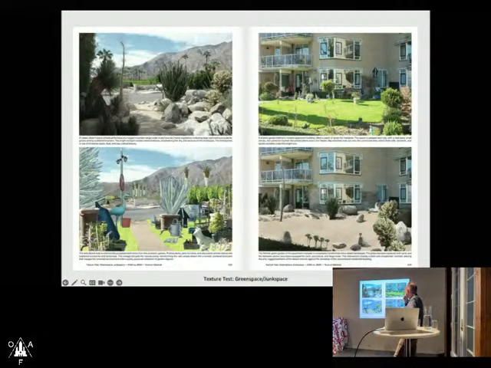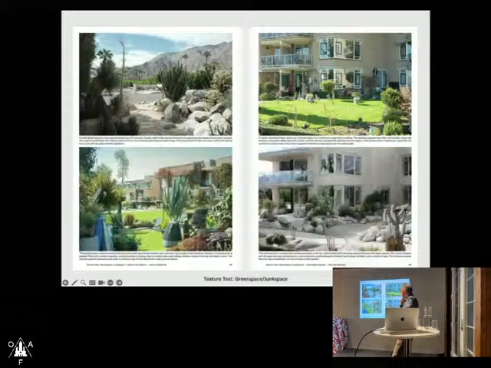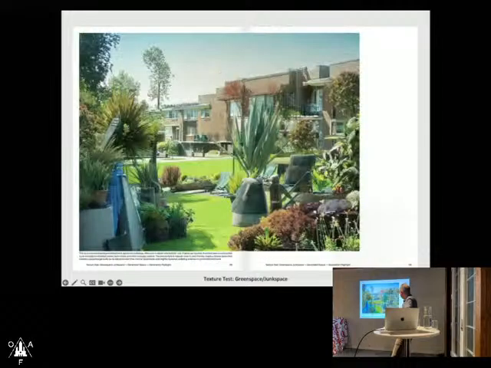Here a student's work by Vincent. A front garden in Palm Springs, and a front garden in The Hague, and then the reverse on the bottom made by hand, and then here the AI versions on the bottom made by AI.